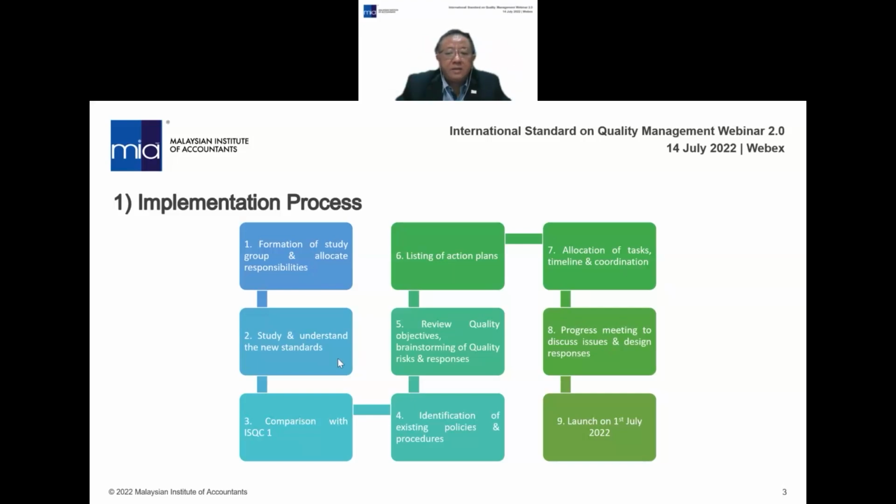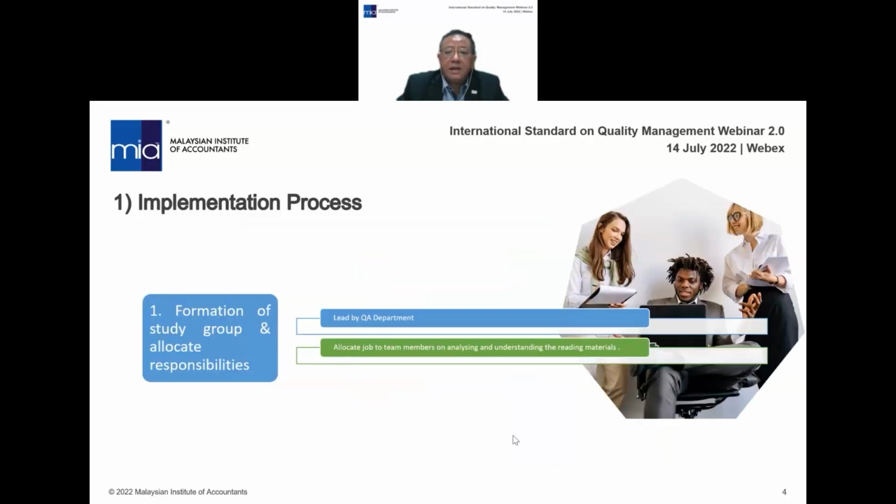And number two, we studied and understood the new standard. Number three, comparison with ISQC1. And number four, identification of existing policies and procedures. And numbers 5, 6, 7, 8, 9. I will go into detail now. Okay, number one is that